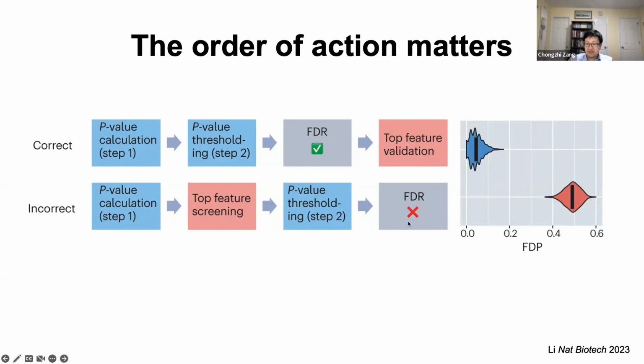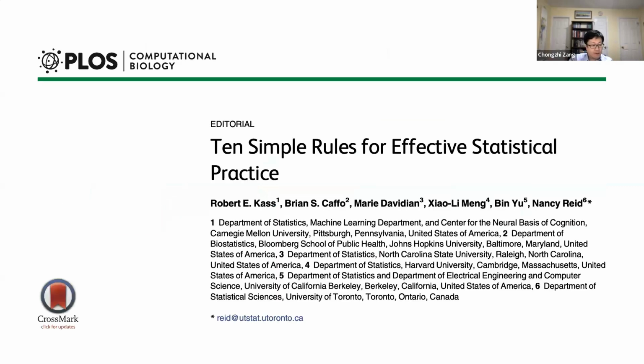This is no longer true, because once you change the order of action, in this particular case, the FDR no longer has the same meaning as the original FDR, because you already screened the data, so you look at part of the data, and the entire story is no longer the same. The assumption of Benjamini-Hochberg correction no longer holds. Right. Okay,